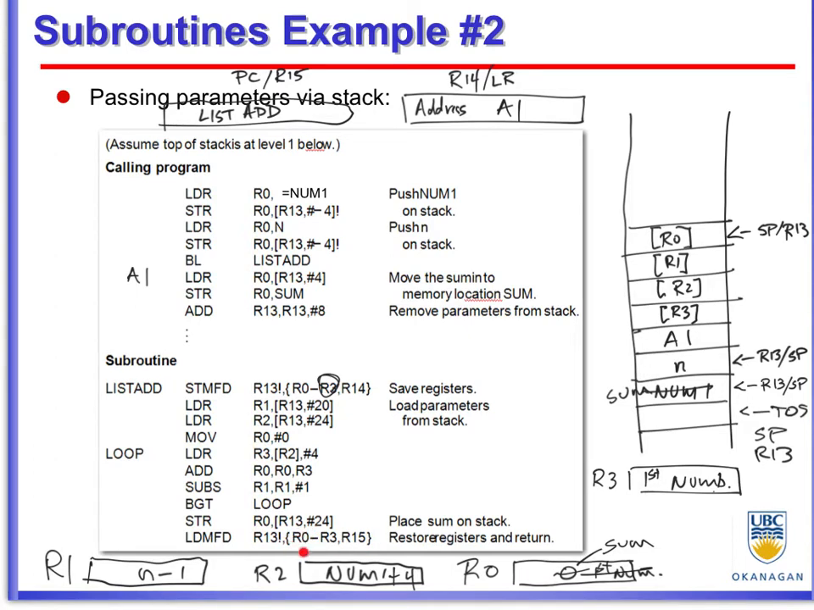So the first thing that comes off the stack, which is pointed to by R13, is this number, and it gets put into R0. Then R13 is incremented by 4, so now R13 is pointing here. And we take that value and put it into the next register, which is R1. Next one R2, next one R3, and then finally the last one, which is the return address. It's the address of the next instruction after the branch instruction in our calling program, and it gets loaded into R15, which is our program counter,